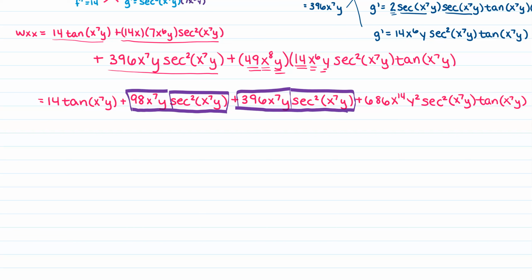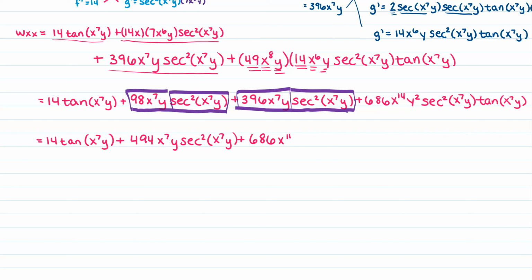So for my final answer, I've got 14 tangent of x to the 7th y plus, let's see, 396 plus 98, 494, x to the 7th y secant squared of x to the 7th y plus,